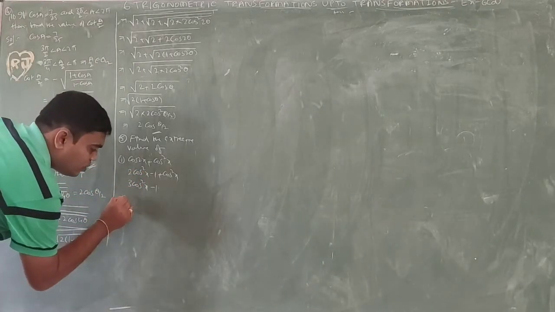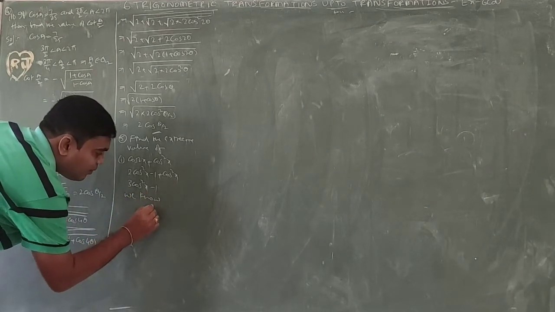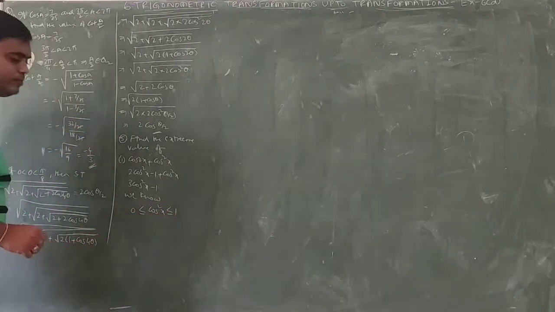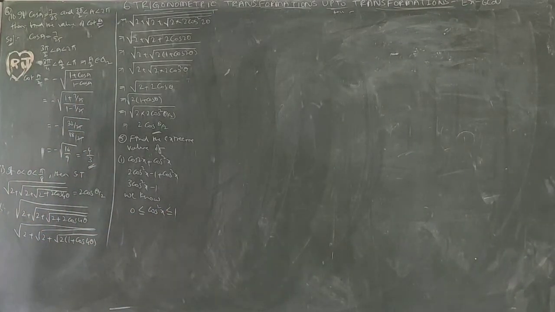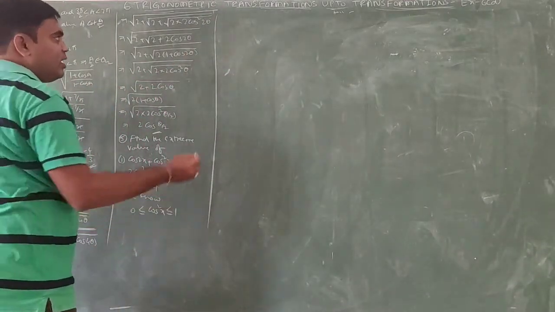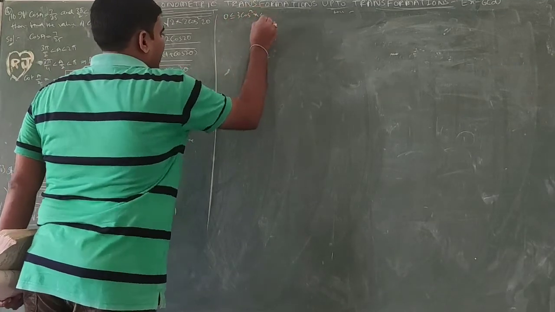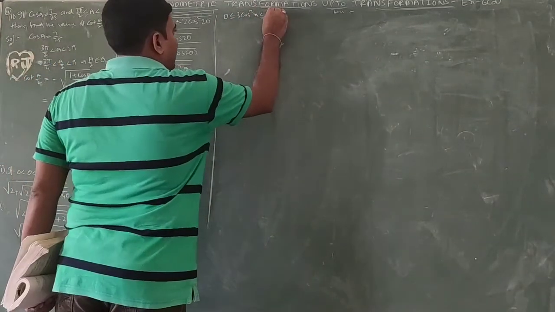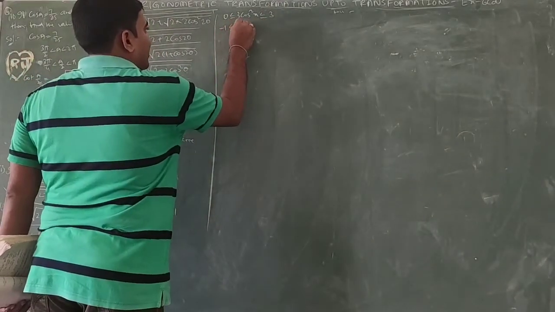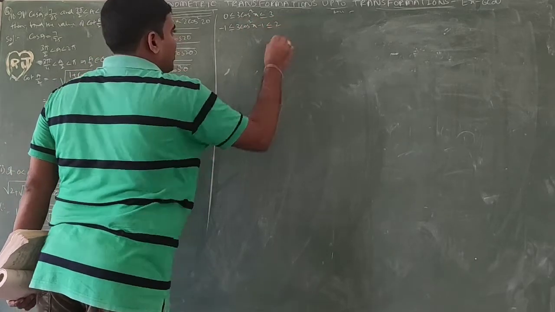So we know square is a non-negative quantity. 0 less than or equal to cos square x less than or equal to 1. Next, I want to multiply with 3. 3 into 0, 0. 3 cos square x less than or equal to 3 into 1, 3. So subtracting 1, minus 1 less than or equal to 3 cos square x minus 1 less than or equal to 3 minus 1, 2.